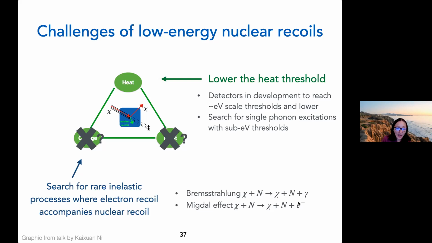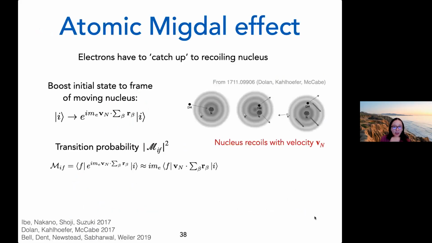And so by having this electron, you can now get a signal from this nuclear recoil, even when the nuclear recoil energy itself is so small that you're not really seeing it. So you just look for the electron. And this was introduced in recent years and applied for atomic targets, so for instance, xenon. And the calculation, or the picture of how it worked there